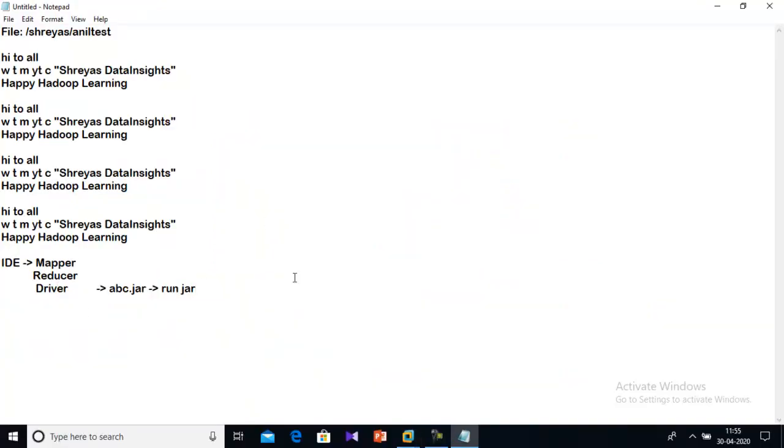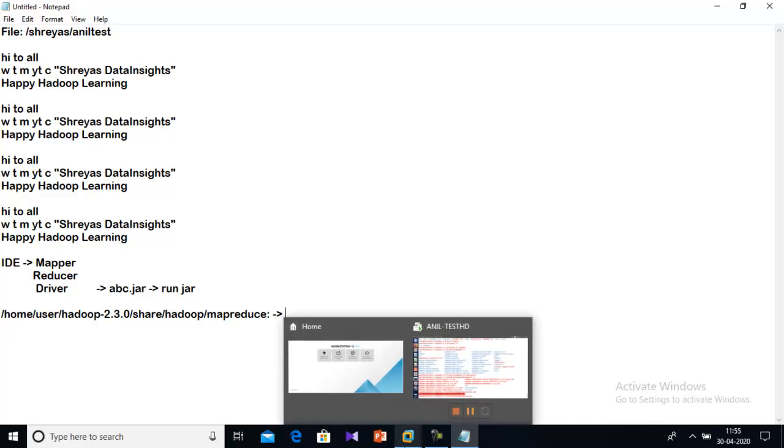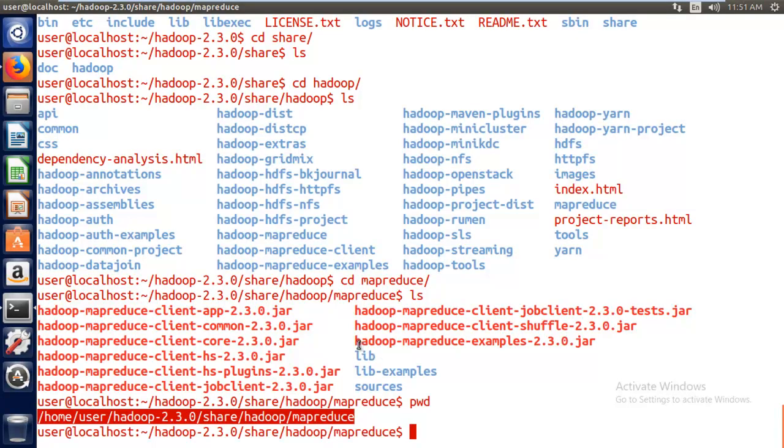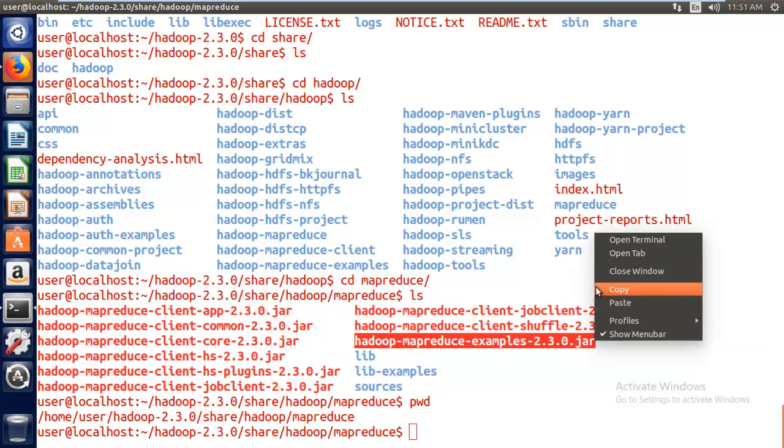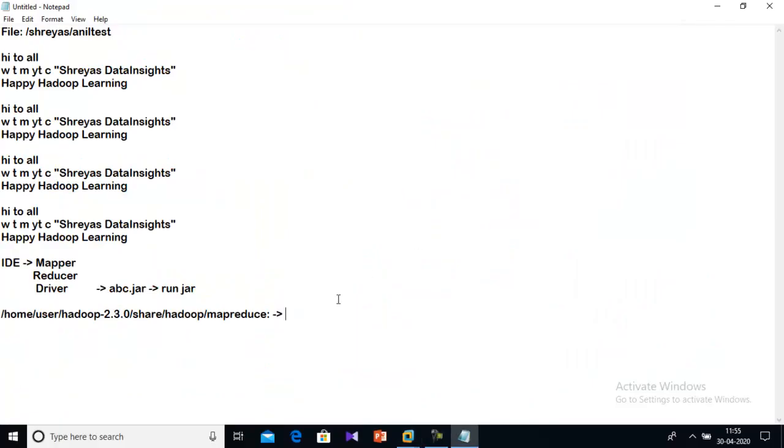So in this location we have a jar file. What's our jar file name? Here you can see this is our jar file name, hadoop mapreduce example. So this is our jar file name, and this is available in this location.